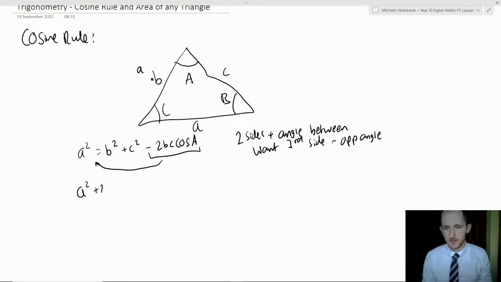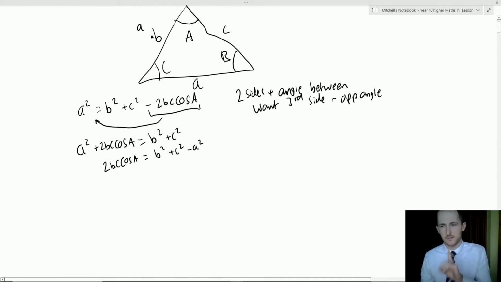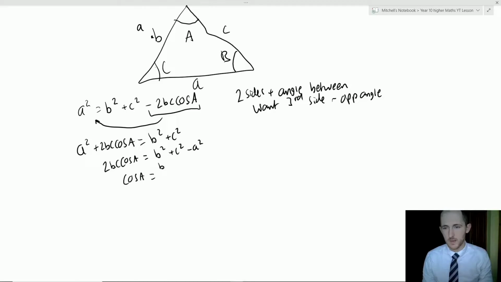So a squared plus 2bc cos A equals b squared plus c squared. So again, you don't need this middle bit. Minus a squared from both sides gives me 2bc cosine A equals b squared plus c squared minus a squared. And this is where the order is going to matter. Divide both sides by 2bc and you get cos A equals b squared plus c squared minus a squared